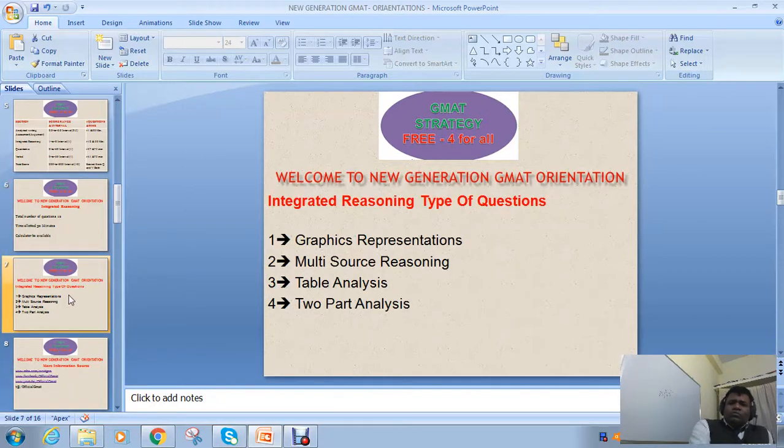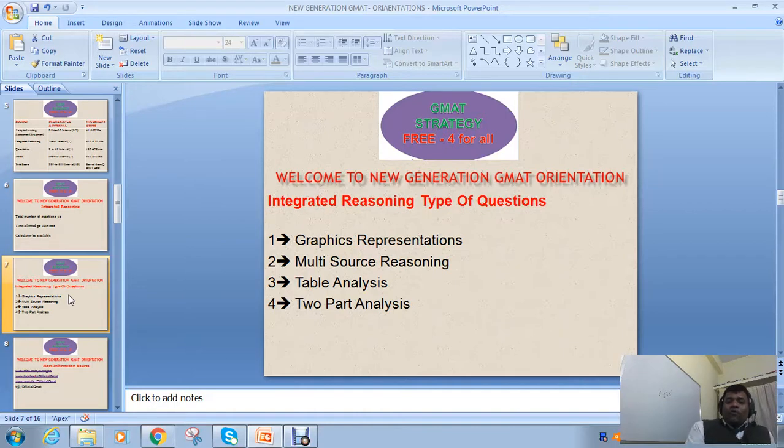Now, one thing before I go to the next slides: for the GMAT quantitative section, a calculator is not allowed. But for the GMAT integrated reasoning section, a calculator is allowed. Do remember.